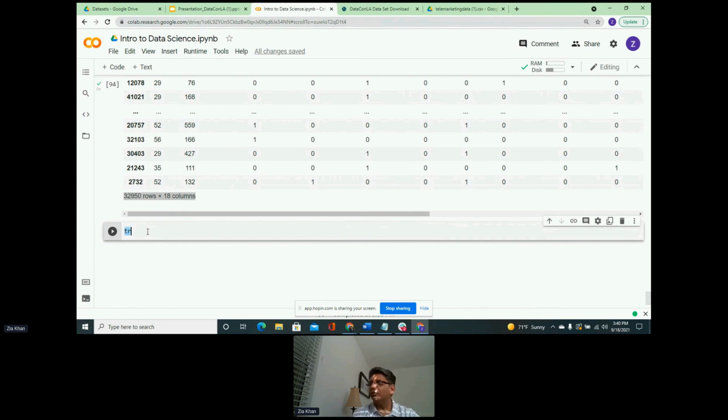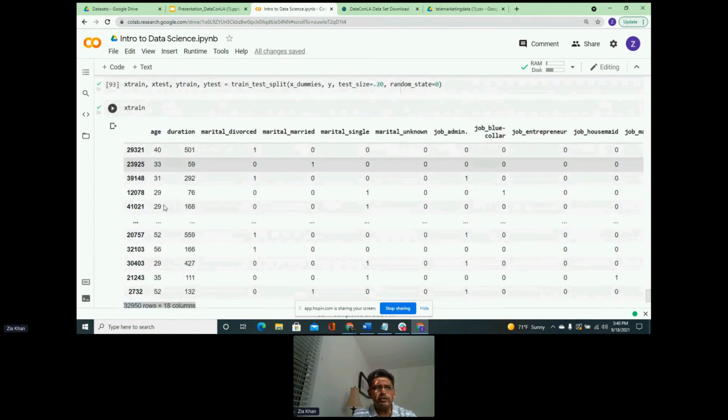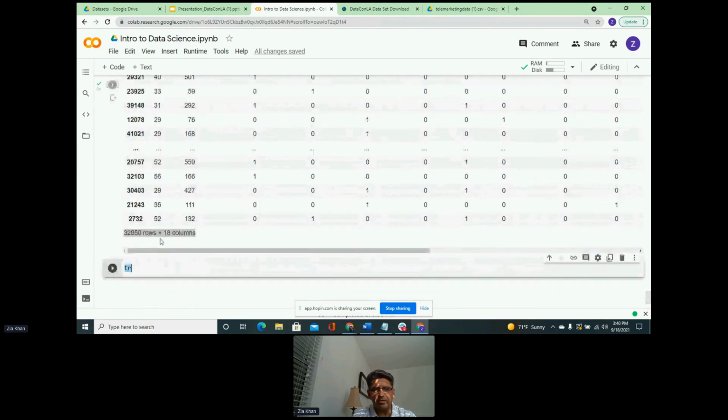All right, so moving along. So what we want to do, where are we at? So we looked at the X train. It looks good. We have 32,000 rows and 18 columns, and that's what we were expecting. Now what we want to do is, again, redefine our algorithm. So this time, last time we called it model. So creative naming, we are going to call it model1_dummies, because again, we are using dummies in this. Again, it doesn't have to have that name. I'm just naming it like that, just for me to easily understand that.